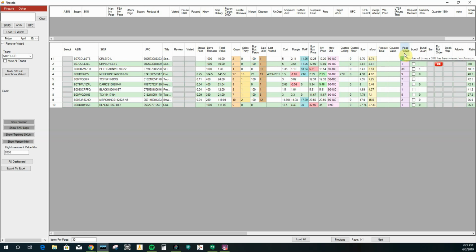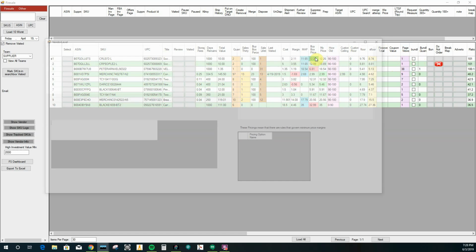And if you hover above it, it'll show you the number of times the SKU has been viewed on Amazon. I believe this one is within the last week or so. I could never remember all the dates these numbers are pulled from, but I know it's not getting visited much. So we could look into product page optimization and those kinds of things,